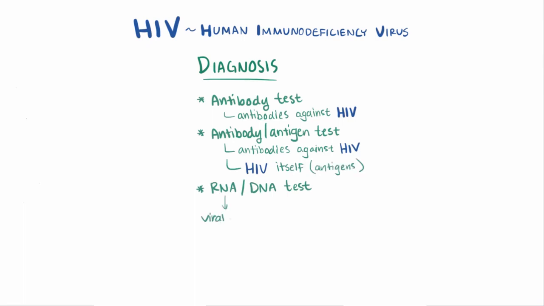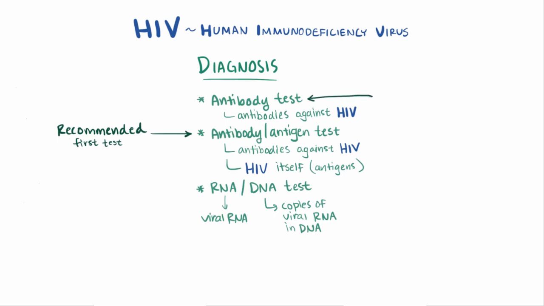RNA tests screen for viral RNA, so they also detect the virus directly. And DNA tests look for copies of the viral RNA, since remember it's a retrovirus, so it copies its genetic material into DNA. For screening purposes, the recommended test is the antibody-antigen test, which is better at identifying early infection. It's also recommended, if the first test is positive, to follow it with a confirmatory test that looks for